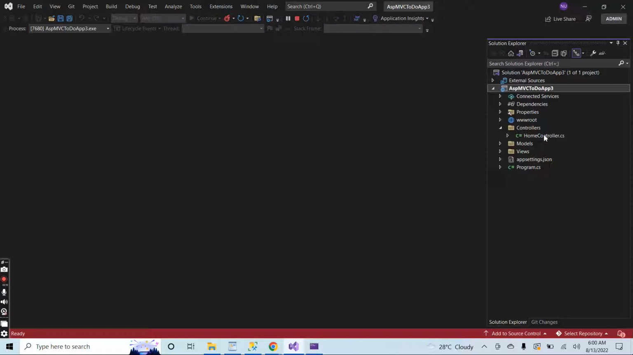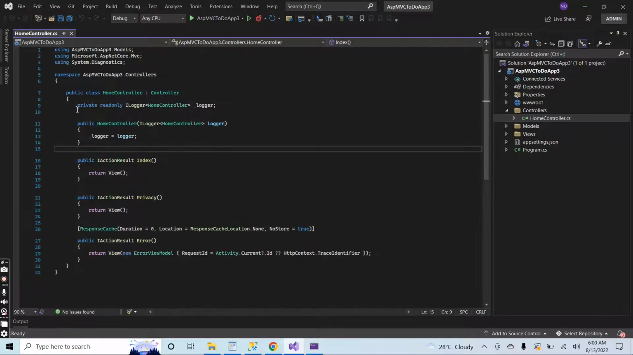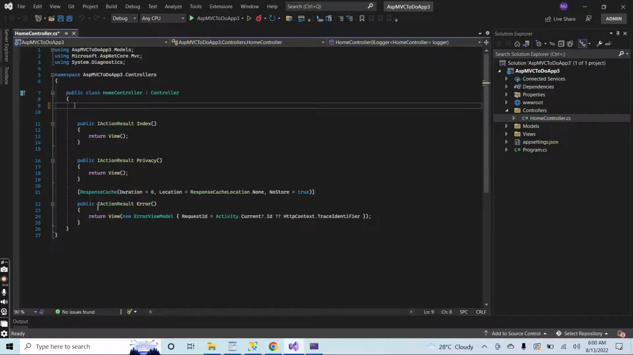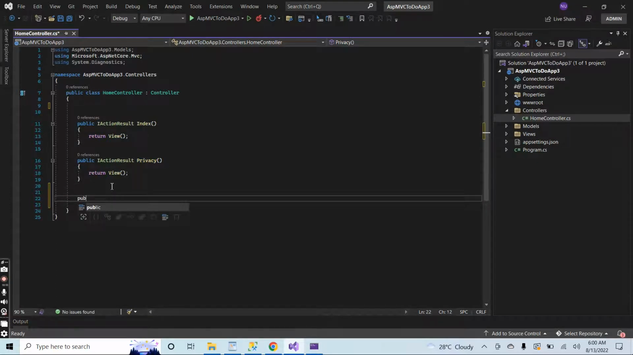Go to the home controller. Let me first stop the application. Go to the home controller. Let me remove the extra things. Now I currently have two action results, the index and the privacy. Now here I will add a new action method,